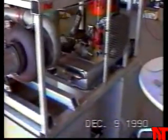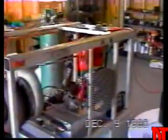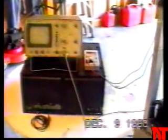It's the oil tank with the handheld start unit on top and the radiator and the oil filters. The oscilloscope is used for testing the tachometer circuit as well as the frequency counter. It's a tachometer, experimental tachometer circuit,